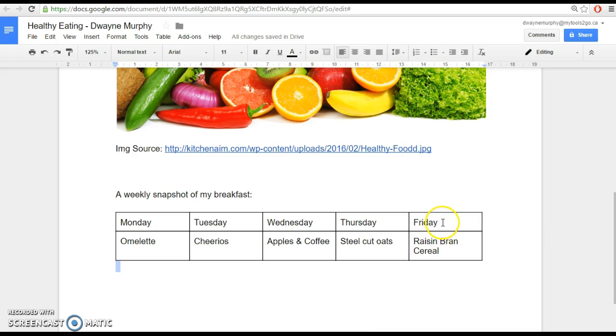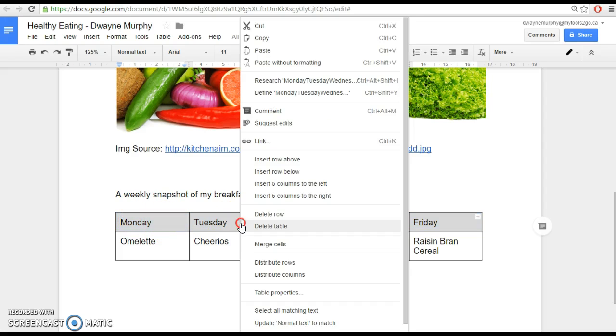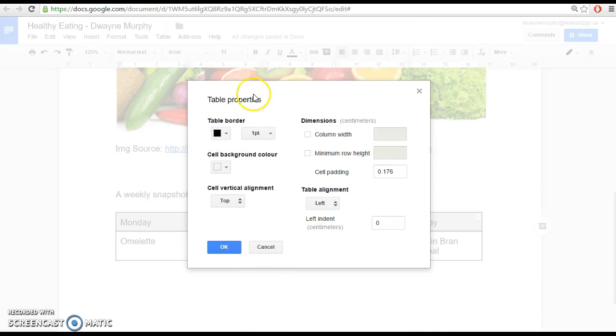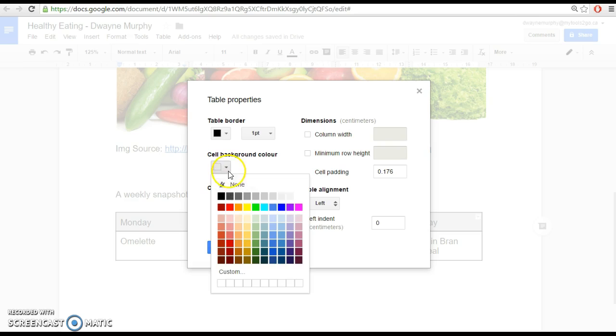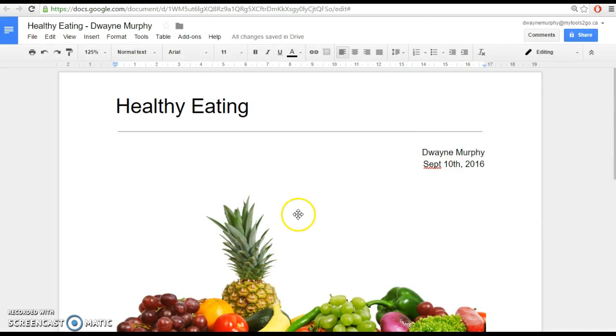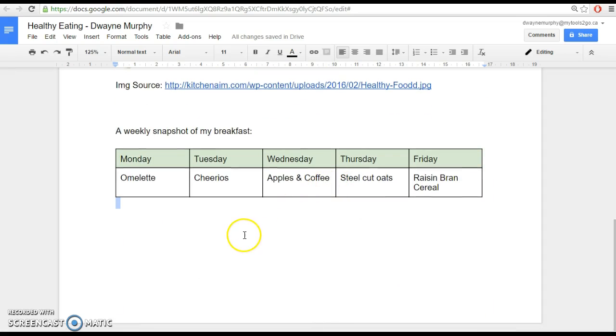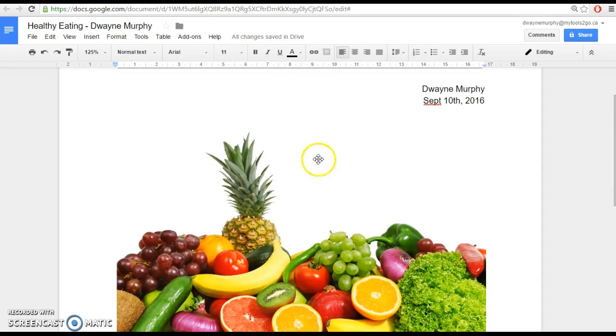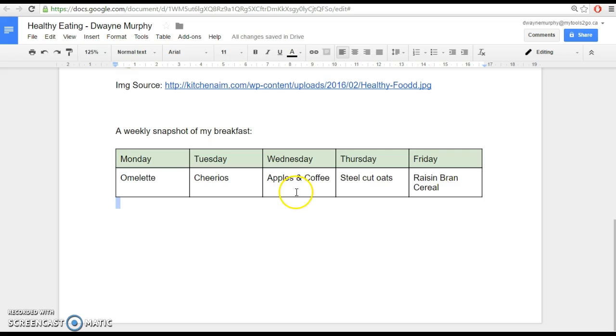One thing I like to do with tables is tint the top row. And the way you do that is you highlight the top row, and you point somewhere in this row, right-click, Table Properties. And under the Table Properties dialog box, you can change things like the table border, the color, and the thickness. But we want cell background color, okay? And we'll choose a nice light color, a nice light green. So we're coming along pretty nicely here. We've shown you how to add images, how to add tables, and